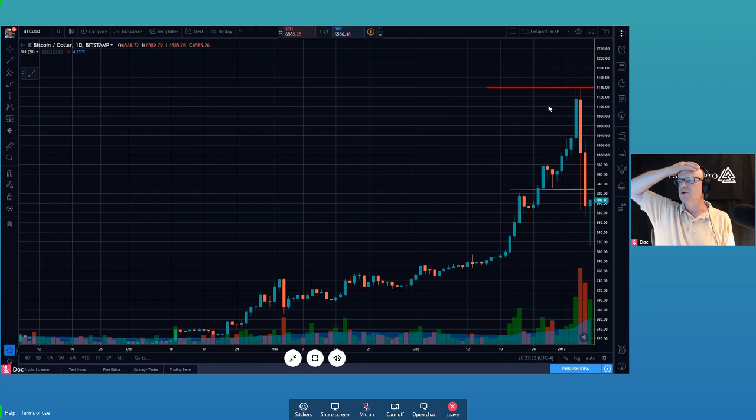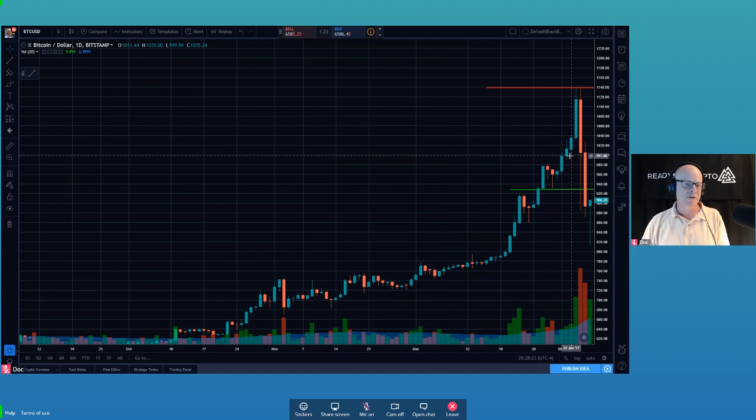CC is asking, would it be fair to say you want to exit the trade on the first parabolic move you see, or perhaps would you incorporate a trailing stop? That all depends on what type of investor you are. If you're a swing trader, yeah, you want to capture as many profits as possible on the swing up and you want to sell into strength. If you're a longer term hold, you just want to go away and ignore it. In between those two, you can be scalping moves intraday. But there's no one answer to that for everybody out there. It depends on your time frame, depends on your purpose in life.